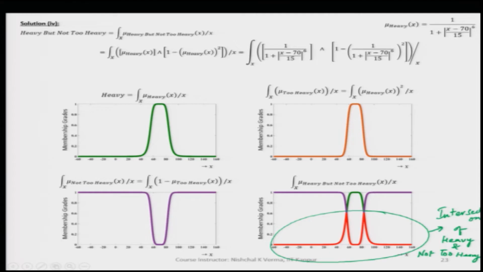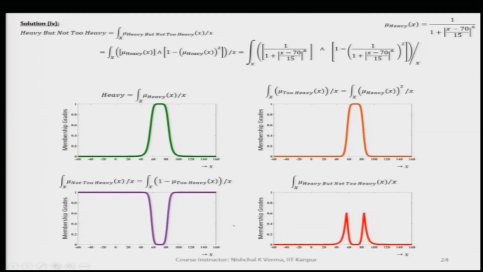And we already know that this fuzzy set is for heavy, this for too heavy, and this for not too heavy. So, this way we have found this outcome after taking the intersection of the heavy and not too heavy, and this is the fuzzy representation of the linguistic term heavy